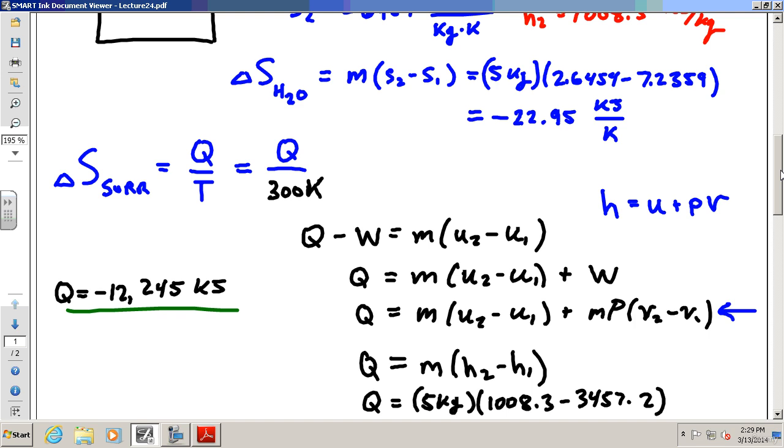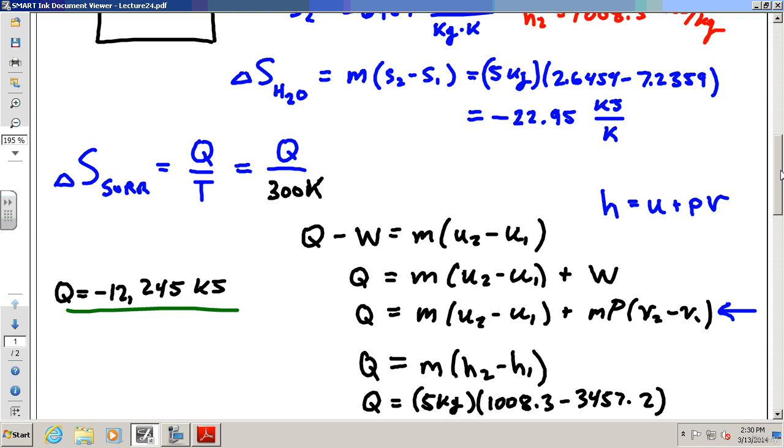Look them up in the tables. The H's were in the tables, because you know everything about state 1 and state 2 in this problem. Remember, we use the tables to get entropy. If you can get entropies, you can get the enthalpies, right? If you can get the S's, you can get the H's. So you just look them up.